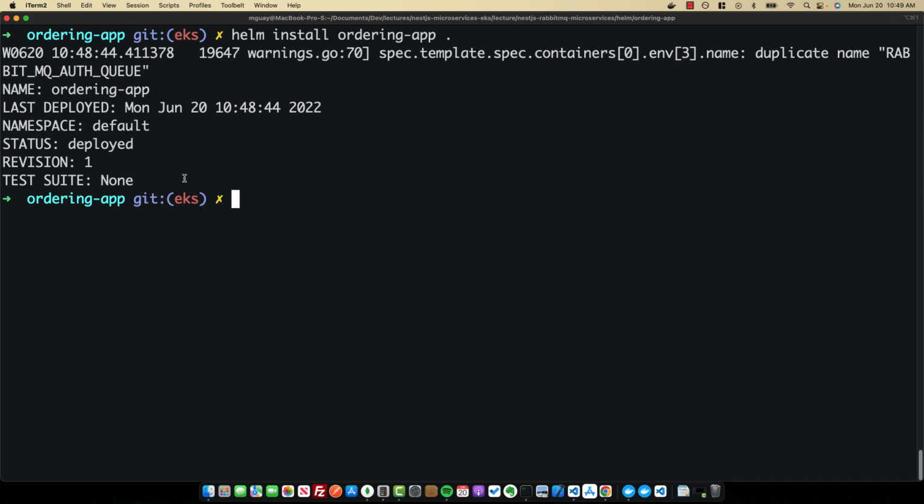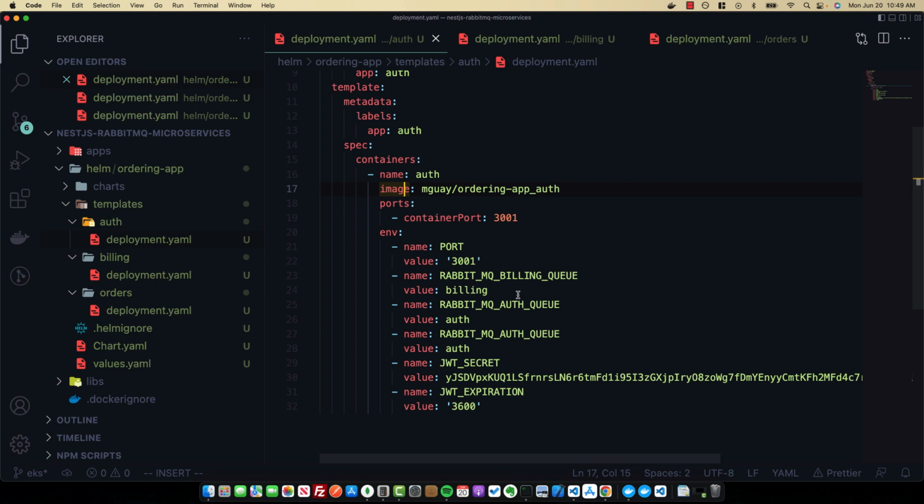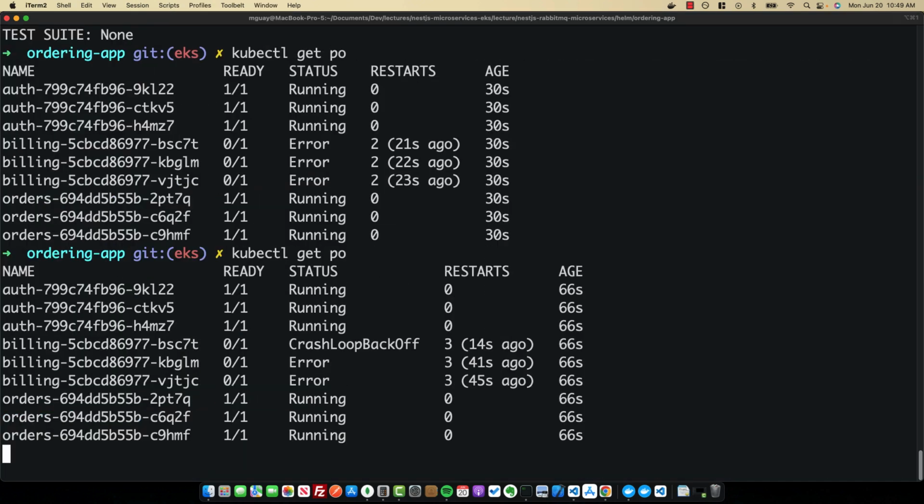So now, making sure that our Docker Desktop is running with Kubernetes, of course, we should be able to run kubectl get pods, and we can see we have some new pods running with some errors being thrown, most likely because we don't have MongoDB and RabbitMQ running. So going back into our auth template here, we can remove this duplicate auth queue because we have this specified twice. And if we go ahead and take a look at our pods, well, we can see our auth pod